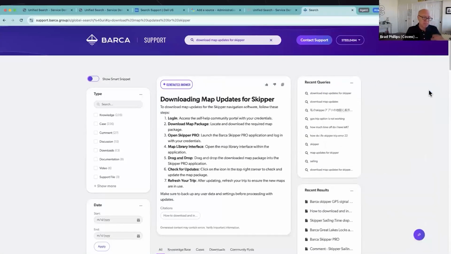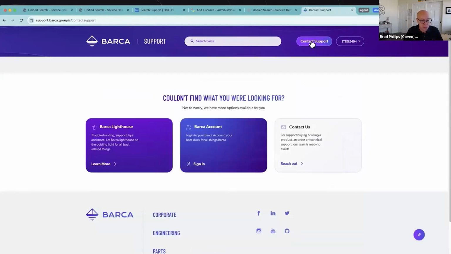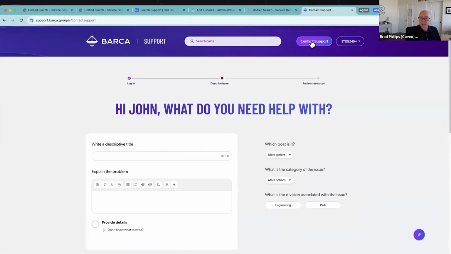Now, you've seen traditional search, you've seen recommendations, you've seen generated answers, but there's going to be times where customers like John just go, just get out of the way and let me log a case. I want support to help me out. Maybe I want a human to get involved. And Coveo certainly can help here as well. So I'm going to show you capabilities we call case assist. Coveo's customers came to us and they said, our end users are saying, as I said, just get out of the way. Sometimes I want to log a case. Make it easy. Don't be so concerned about deflection.